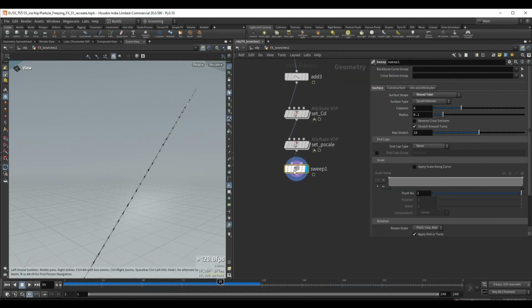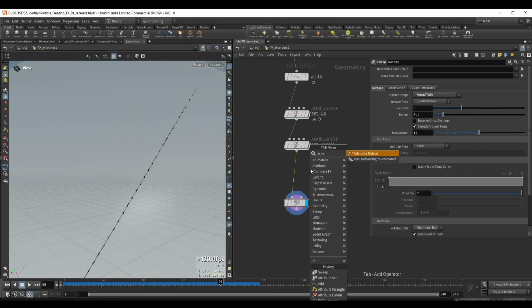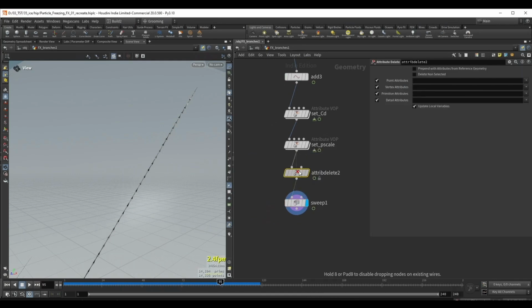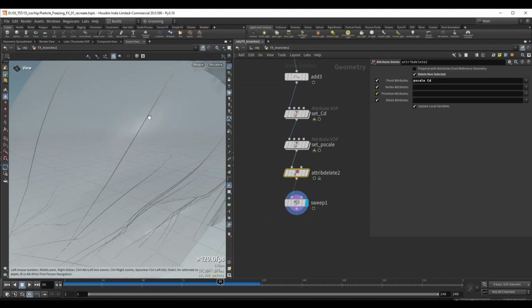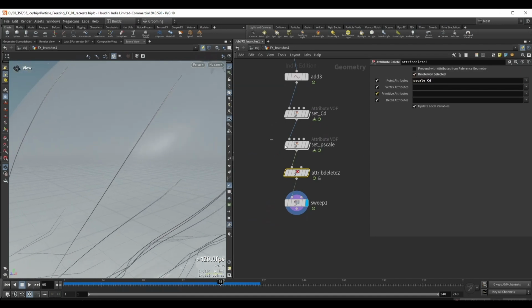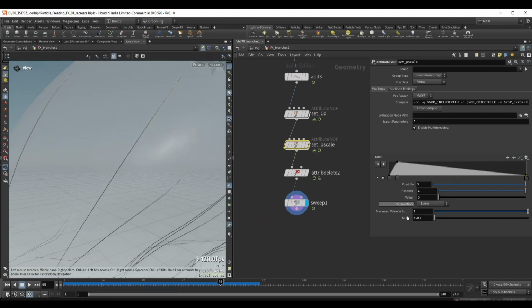and this is because some of these attributes from our particles are messing up the orientations and stuff like that. So what we can do here really is let's do an attribute delete, and this is something that we should do either way to keep the geometry nice and clean. And let's go ahead and get rid of everything except the p-scale and our color. So we will select this here and do delete not selected. Alright, so now we have the correct result,